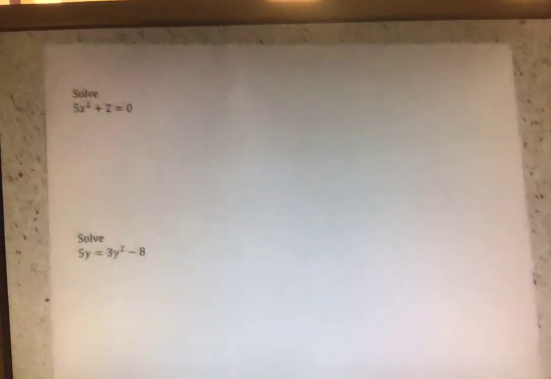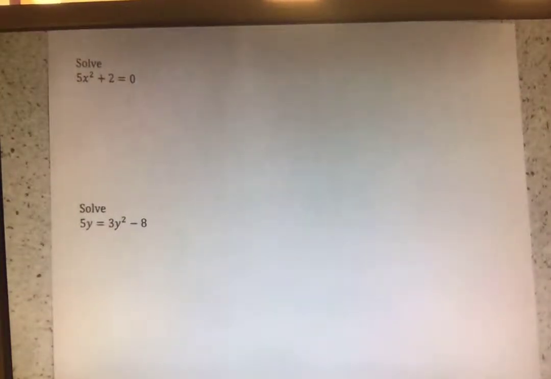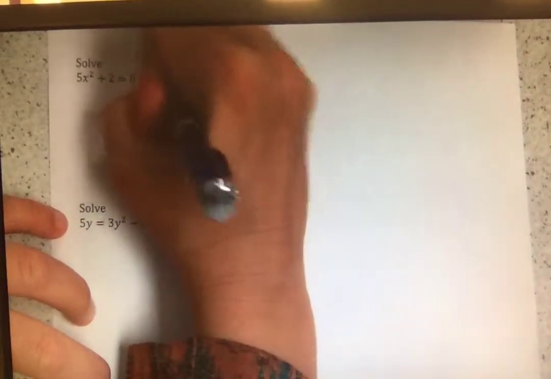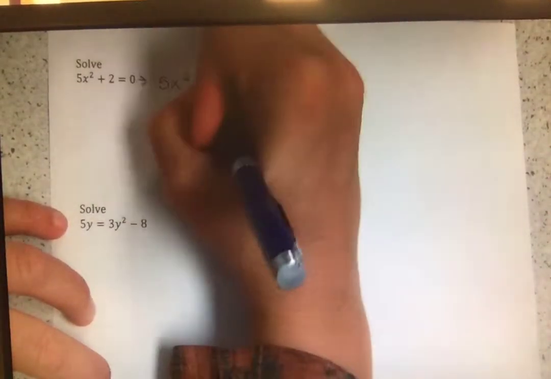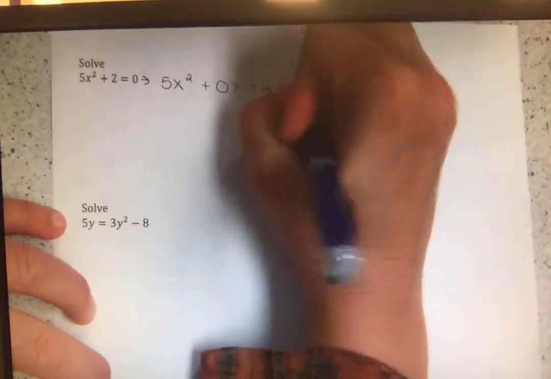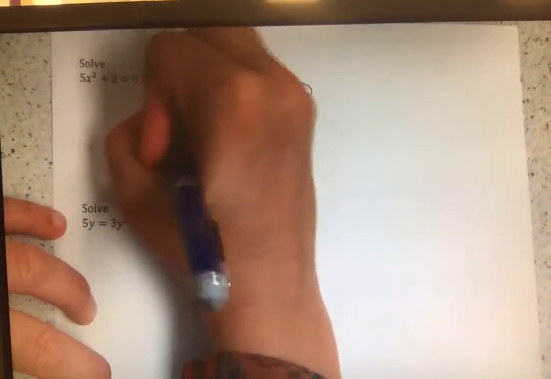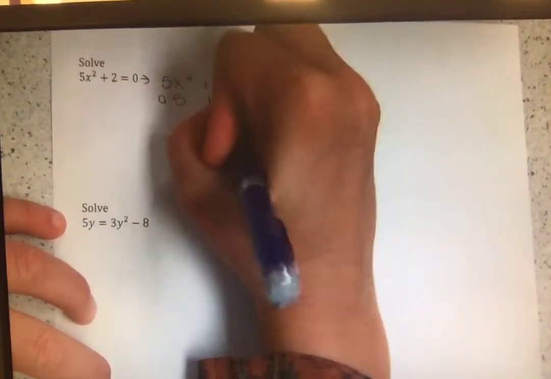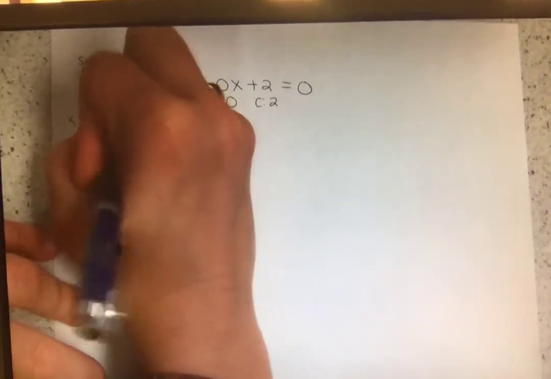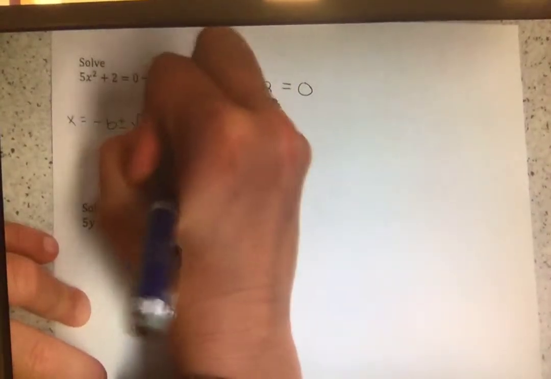So solving 5x squared plus 2 equals 0. Putting this in standard form, which it's already set equal to 0, but we have 5x squared, there's no x term, so plus 0x plus 2 equals 0. That will tell me a is 5, b is 0, and c is positive 2. So plugging this into our quadratic formula,